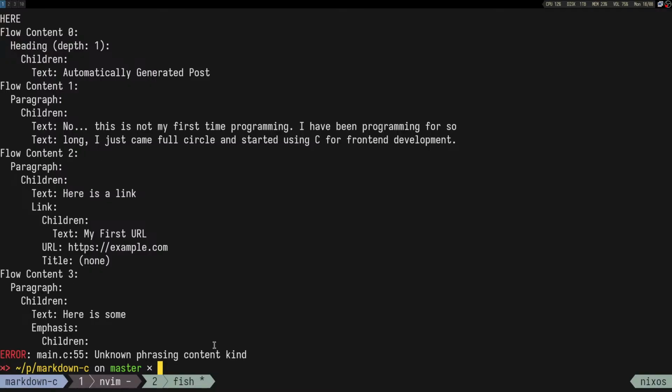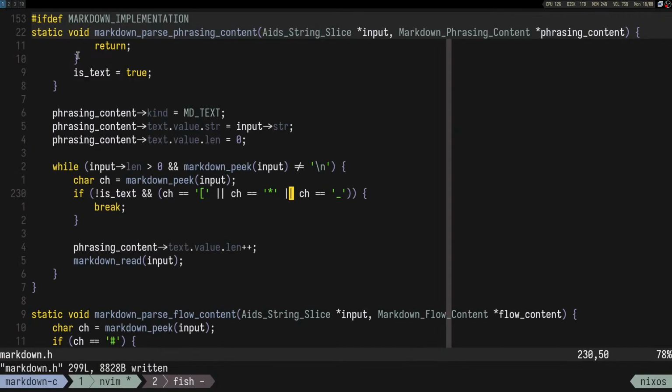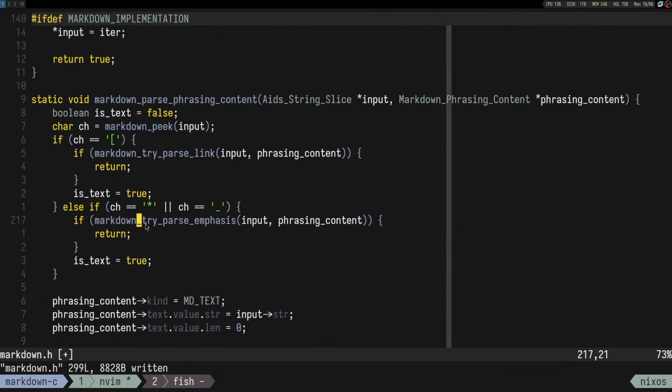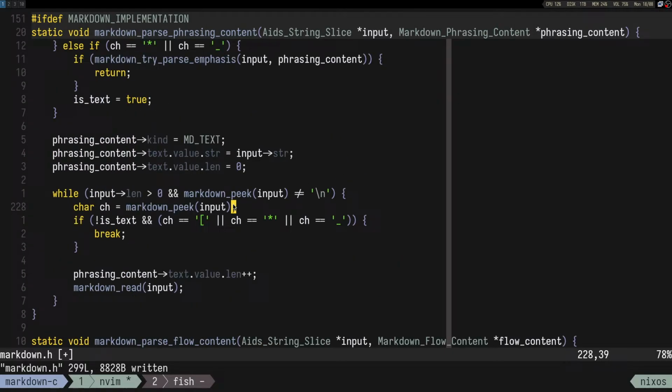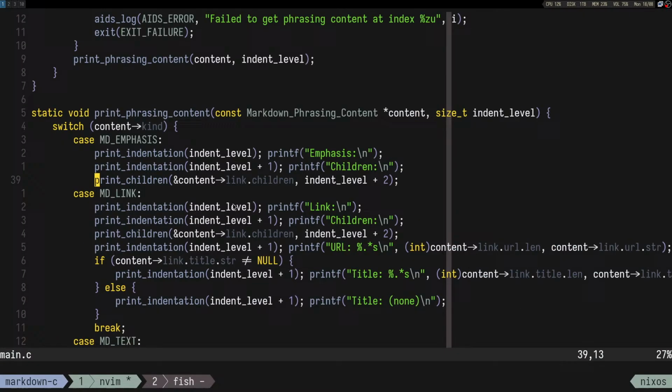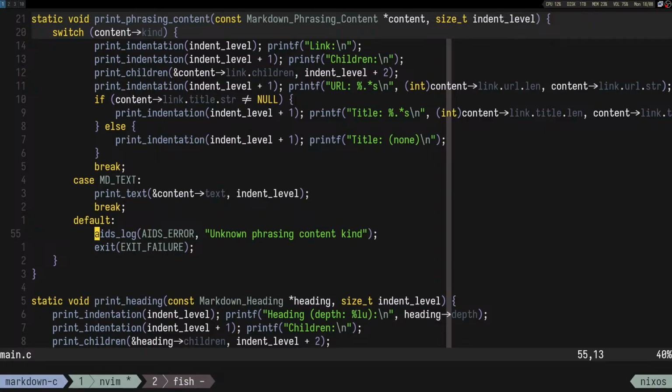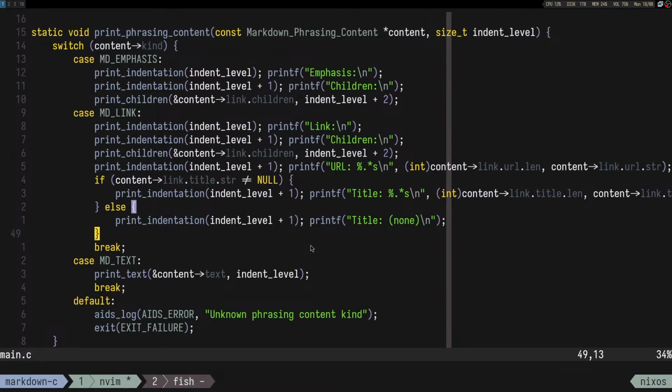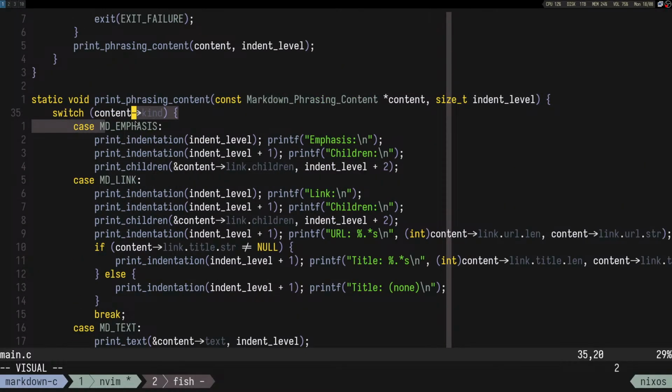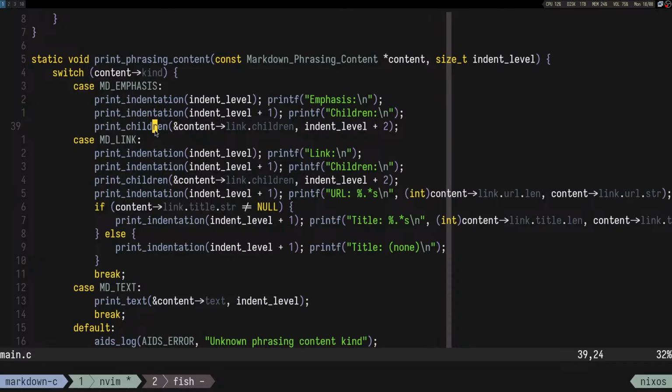Oh, what? But at least we got there, so that's good. So inside of the main file, I guess there was an error, line 55, unknown phrasing content. Interesting, but